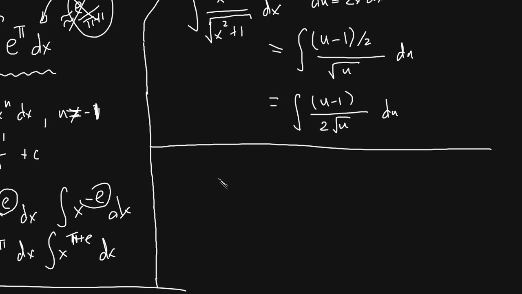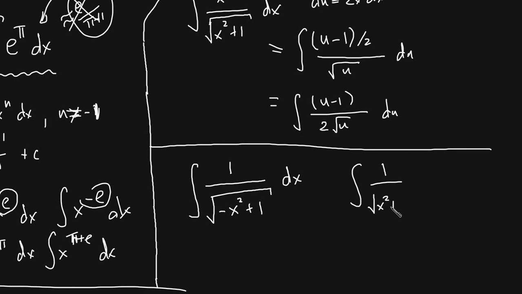Now, the final problem I want to give involving trig substitutions is really testing their preference for form. I like to ask this problem because it looks very close to the integral of 1 over the square root of x squared plus 1, right? But they can't make the substitution of x equals tangent because of our negative sign. And this integral of 1 over the square root of negative x squared plus 1 is different from the integral of 1 over the square root of x squared plus 1.